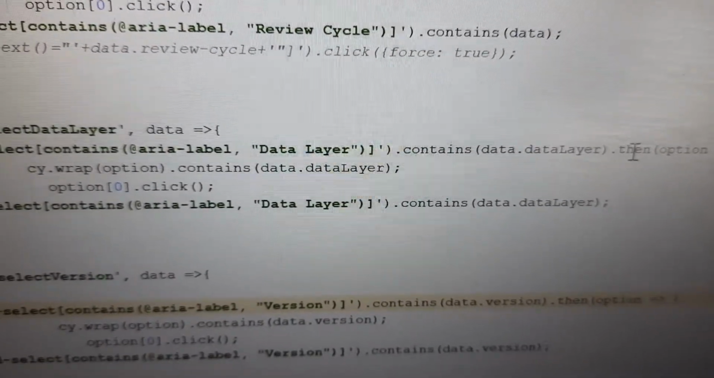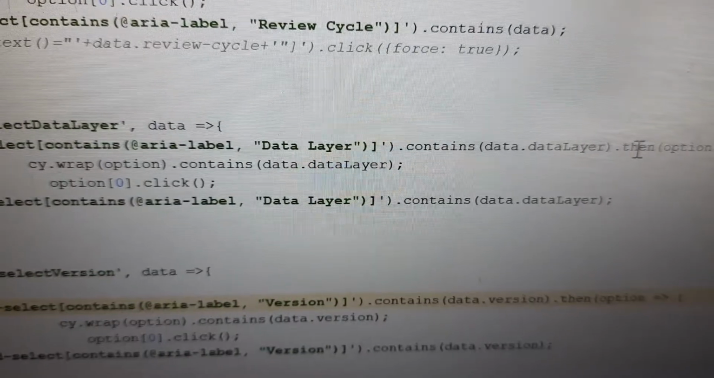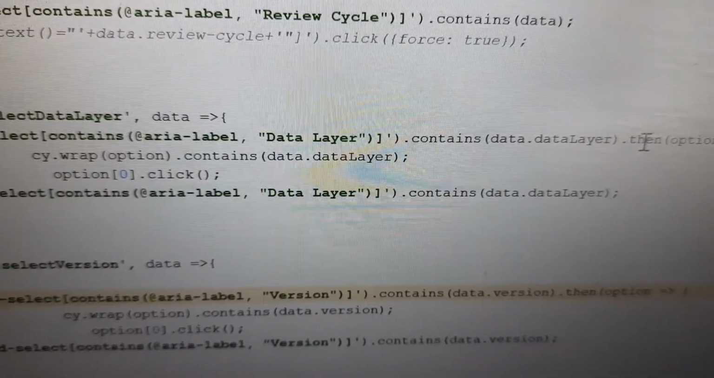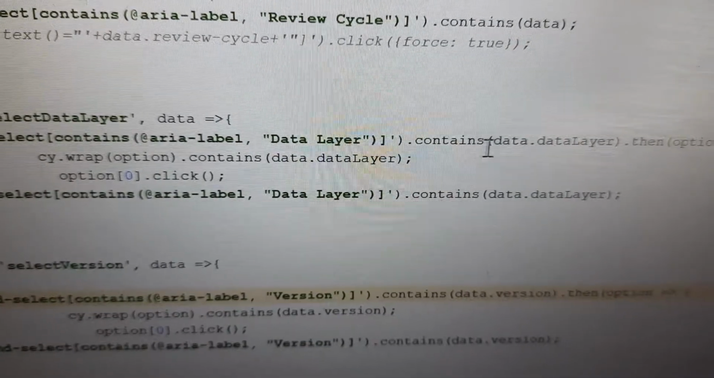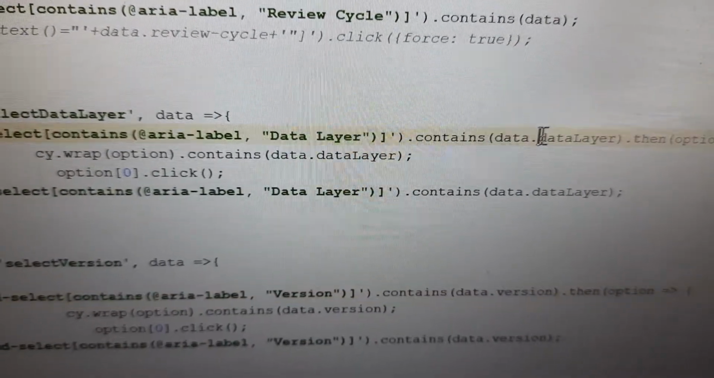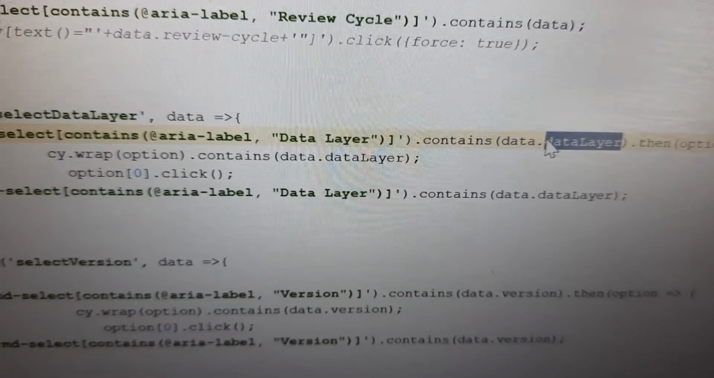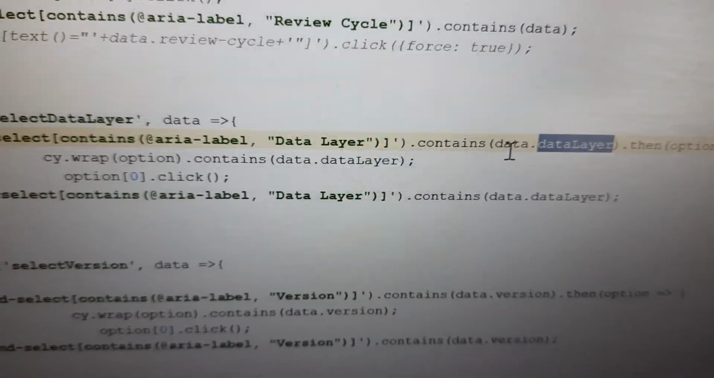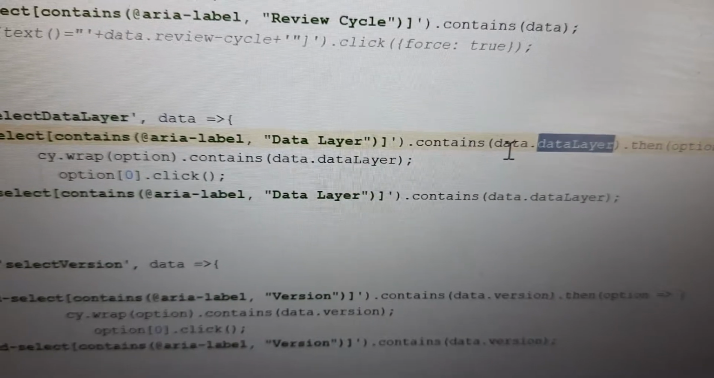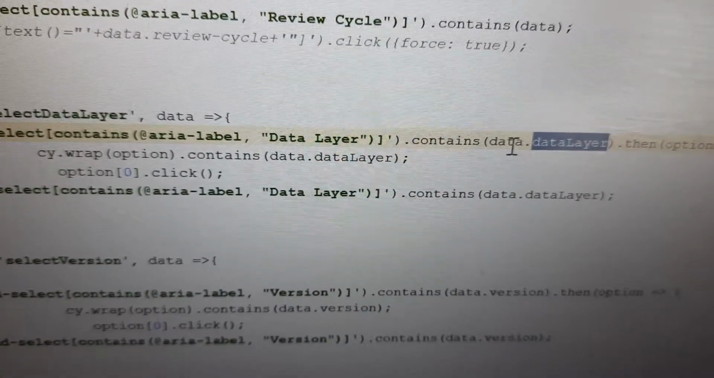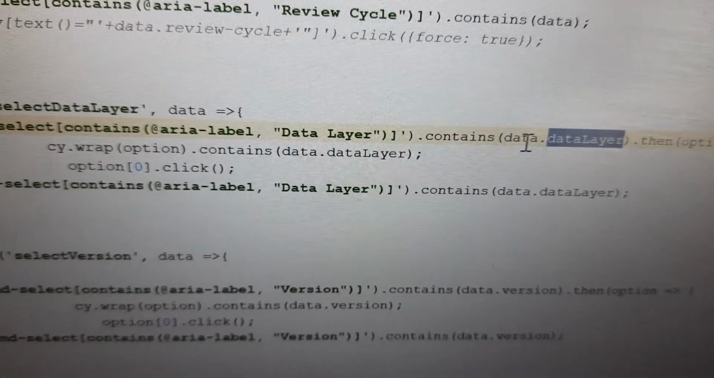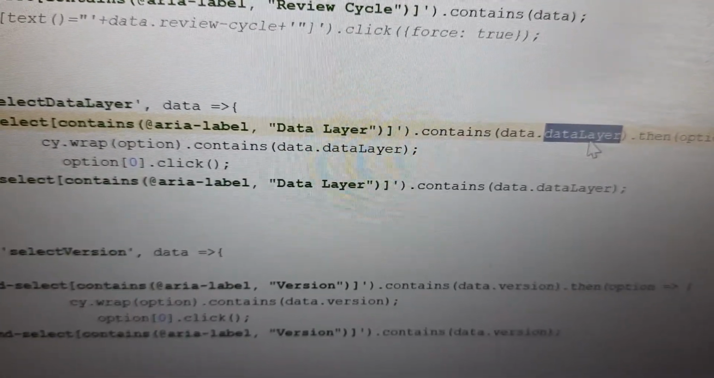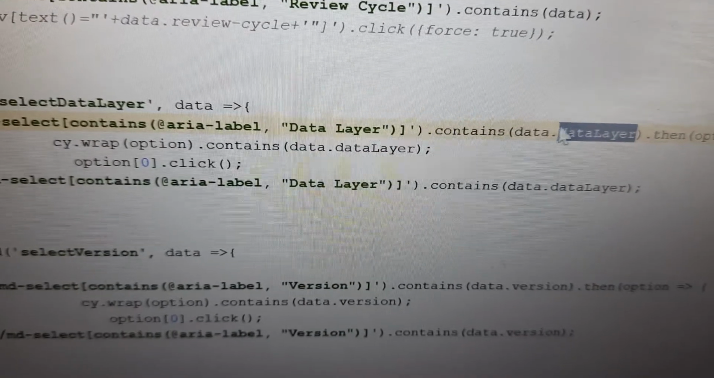to select. For example, if the data layer which I am trying to select is like stage, UAT or production, whatever is the data layer, then I am trying to verify whether it is first having the data value that I am trying to select for. So here I have made it as a dynamic value. I am taking it from the data JSON file. So it is data dot data layer, and whatever value I will give in the data JSON file, that will be passed into this